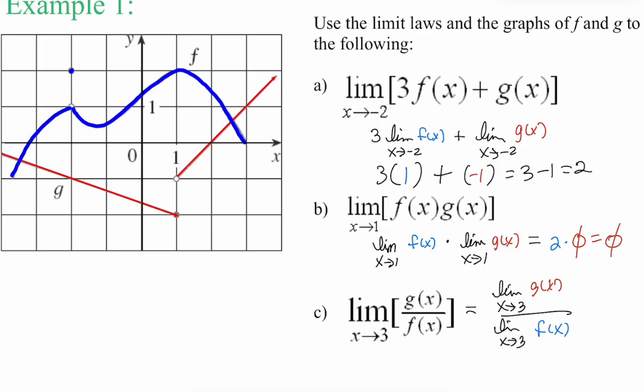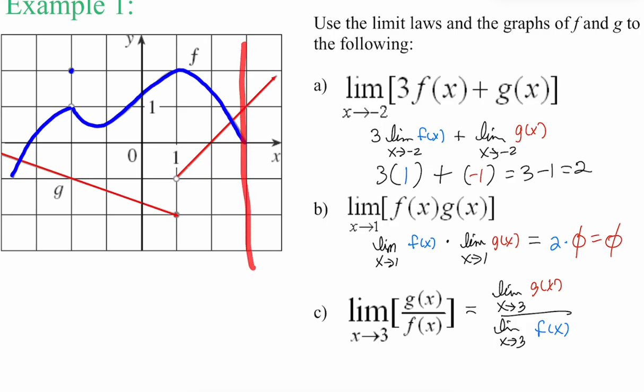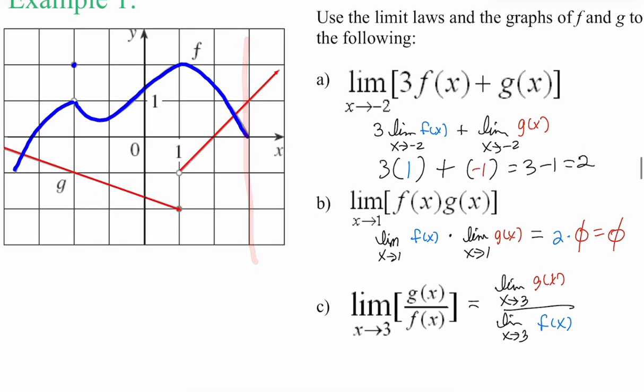And then finally, what value are we approaching for C? 3. So we're going to go over here. Let's assume this hits 3 perfectly. Okay, let's assume they're nice numbers. So our f function is at a height of 0. Our g function is at a height of